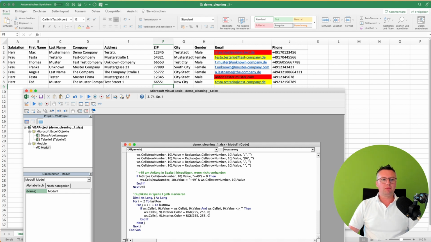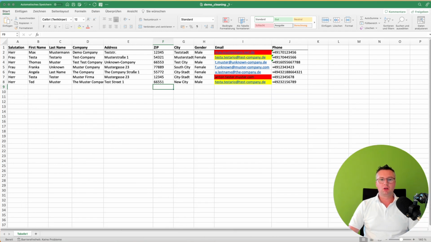And you can see that my newly generated Visual Basic macro is executed and the fields are formatted in the way as formerly described. Yeah, this is my short tutorial for you how to use ChatGPT to create a Visual